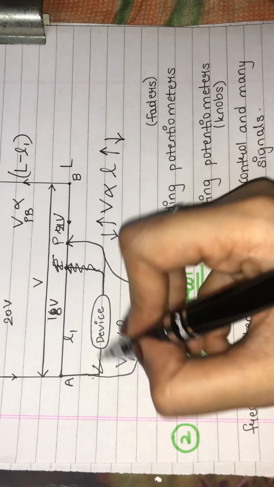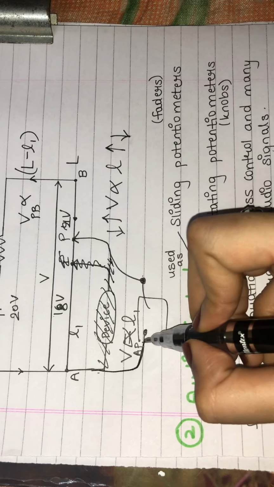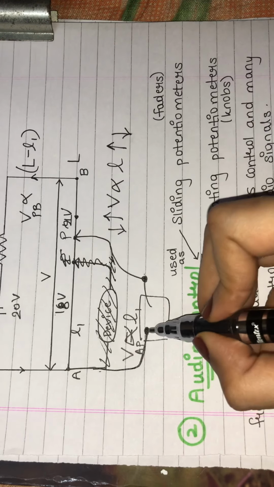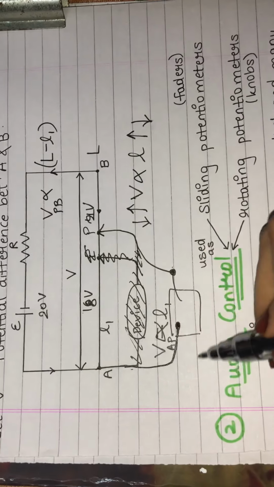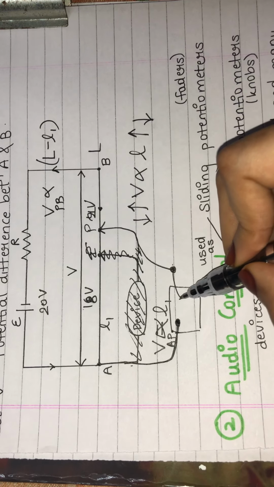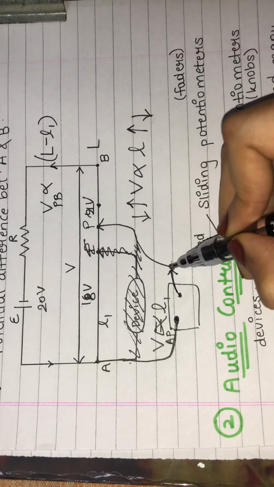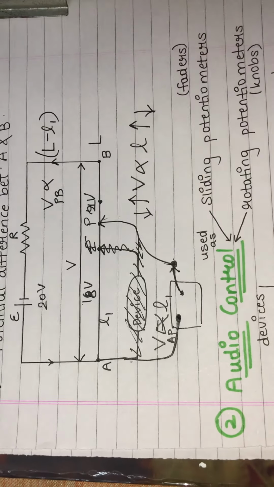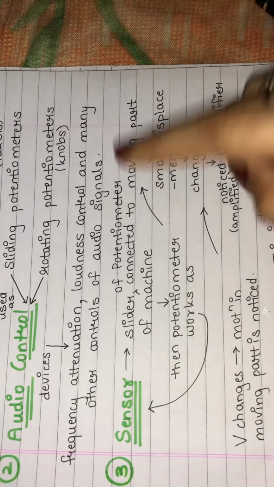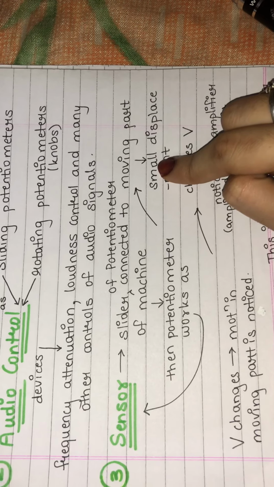मशीन, ये डिवाइस हटा दो, ठीक है, मशीन का कोई एक मशीन ले लिया हमने, और वो मशीन पे एक कनेक्शन कर दिया, पॉजिटिव एंड ऑफ द पोटेंशियोमीटर और positive end of the wire is connected to any point at the machine, and the moving part, suppose this is the moving part of the machine which keeps on moving, so that is connected to the slider of the potentiometer. Now see what will happen if that moving part displaces, थोड़ा सा भी displace होता है तो क्या होगा?